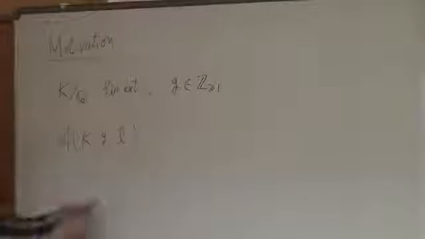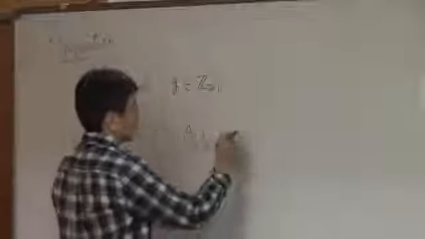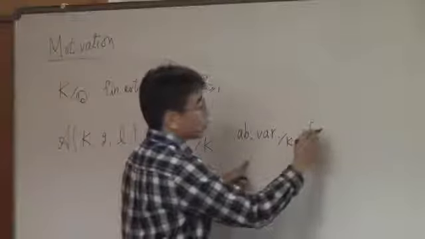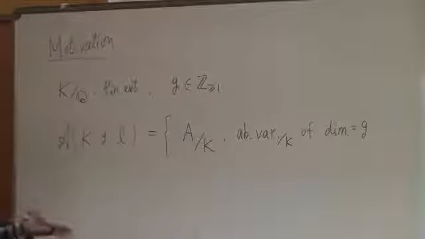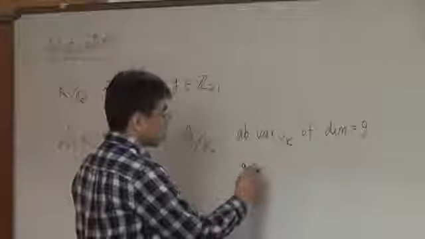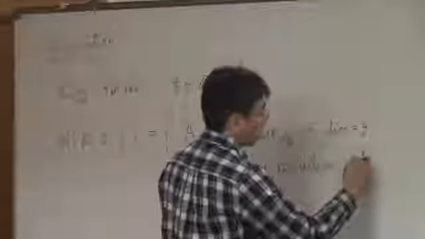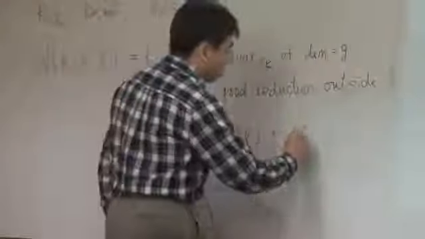l is a prime number, and let's consider the set of Abelian varieties over K of dimension g, which have good reduction outside l, and whose Galois representation on the l-torsion points is of the form